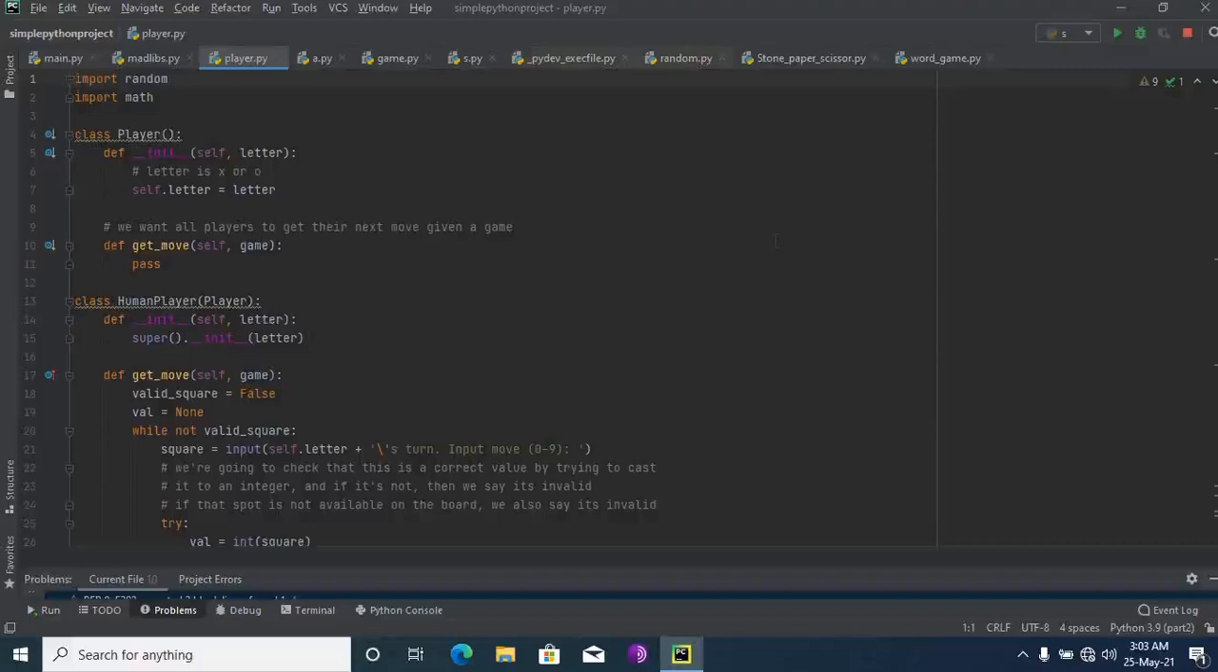Now this is our fifth project. In this project we are going to see a tic-tac-toe game. Okay. Now we are going to